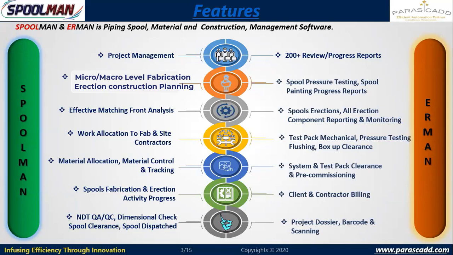So there will not be any necessity of maintaining hard copies. So it is up to the fabricator or the client to maintain hard copy for next 3 years, 5 years time, but the soft form of the document can be loaded in the system, so that there is no miss. It will be available within the system, and system can extract any of the documents, retrieve it as per my requirement against a line, spool, or against a test pack, or against a subsystem or system. So this is the overall thing.